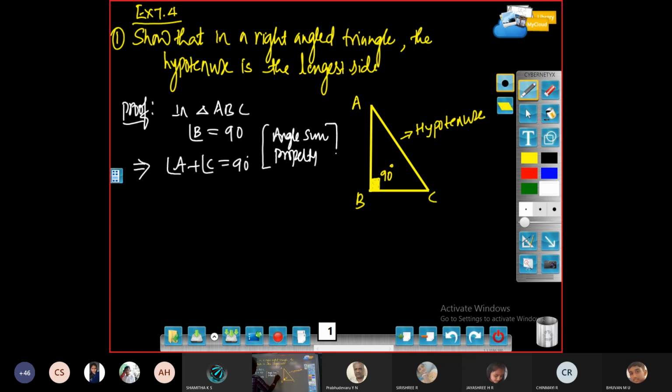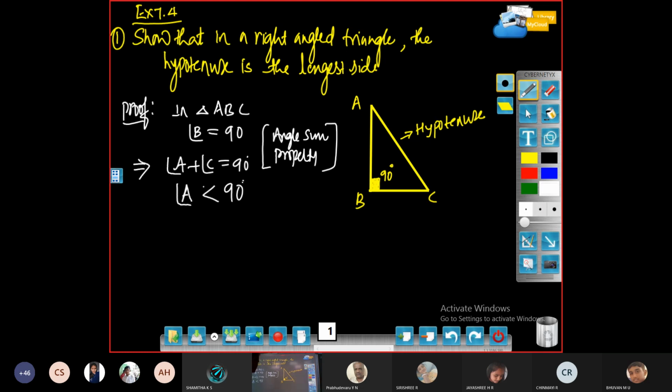So based on that, you can write A plus C is equal to 90 degree. Once the sum of these two is equal to 90 degree, suppose among A plus C, if I remove C, is A alone equal to 90 degree, less than 90 degree, or greater than 90 degree? Students: Less than 90 degree. Why less than 90 degree? Because A and C together are 90 degree. If I take A alone, A must be less than 90 degree because A and C together only make 90 degree.